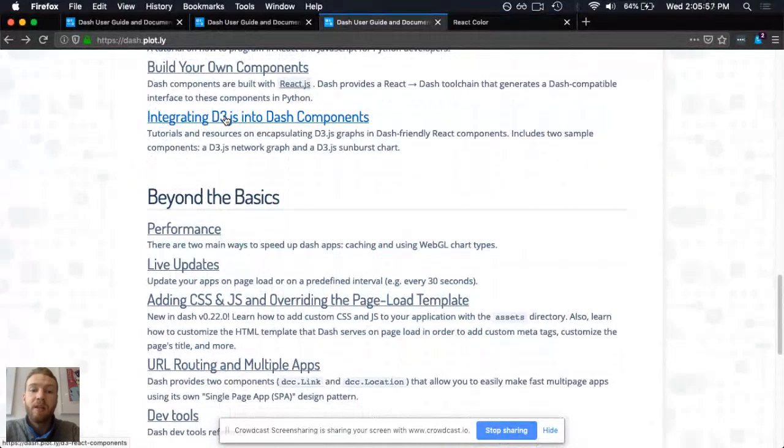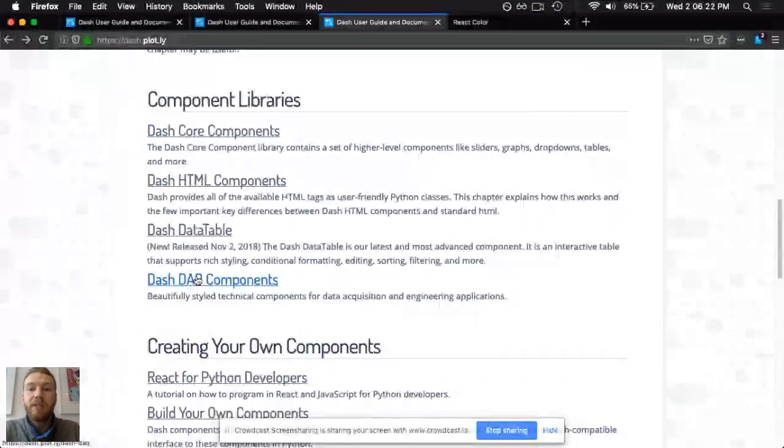So in Dash, we use a few different component libraries. We've got our core components, our HTML components. We published advanced data table this fall, and we just recently open sourced some components for data acquisition called DAC. All of these component libraries that we maintain at Plotly use the same toolkit for generating components that you could